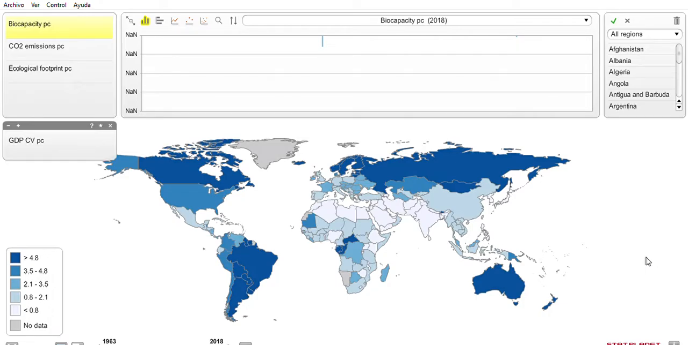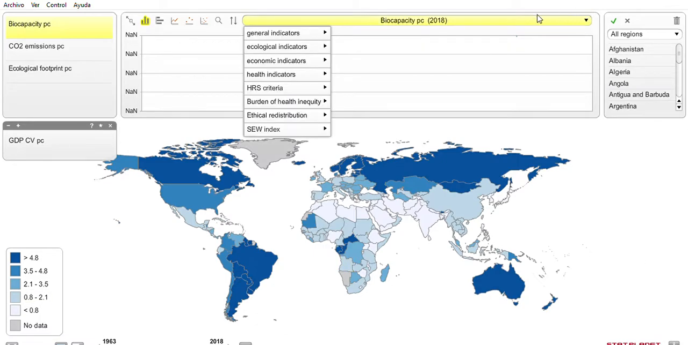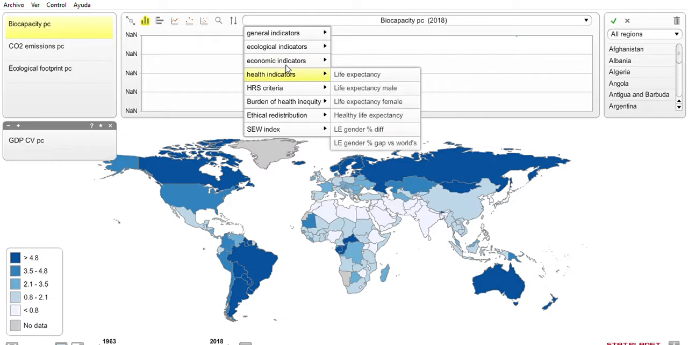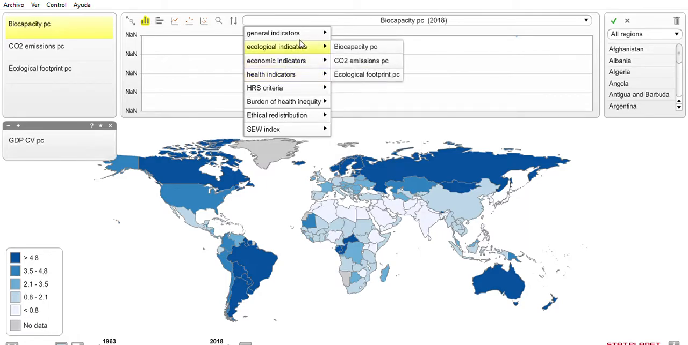This is the time graph correlation between ecological indicators that we're using in our equity metric methodology. We've used three ecological indicators that you see here in our StatPlanet interactive maps and graphs, and they are biocapacity per capita, which